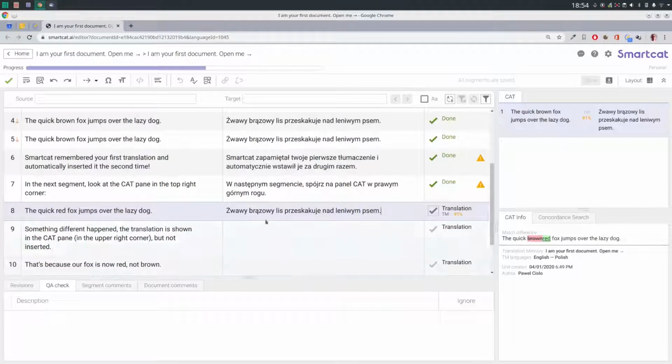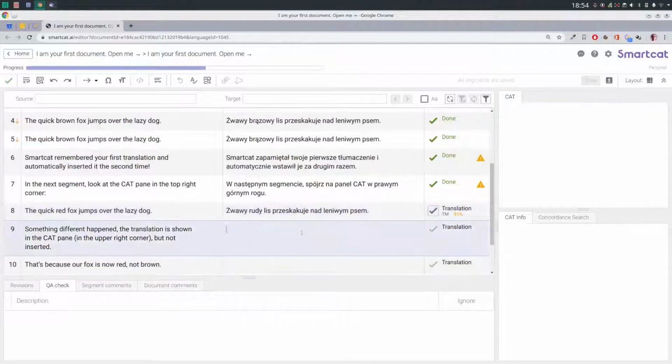So all we have to do is to just change this word here, and of course we will translate red as rudy, I suppose, because czerwony would sound really strange when talking about a fox, unless it's actually red, like painted by someone. Okay, so